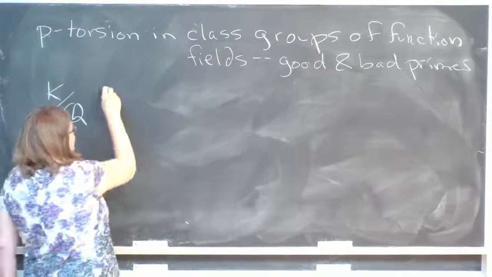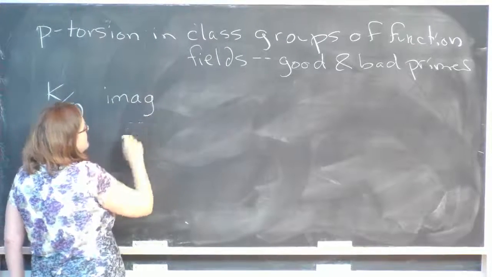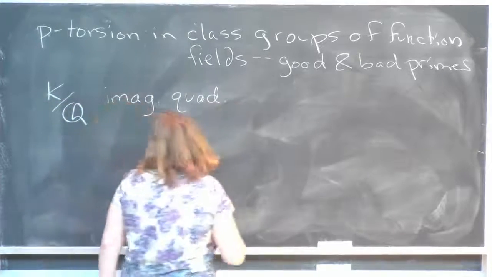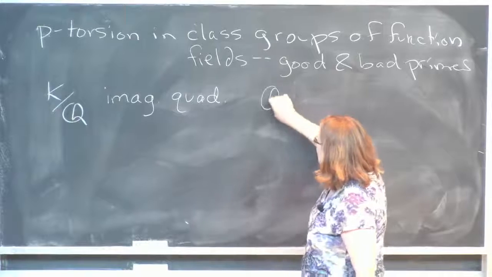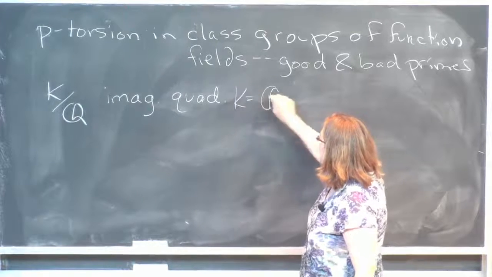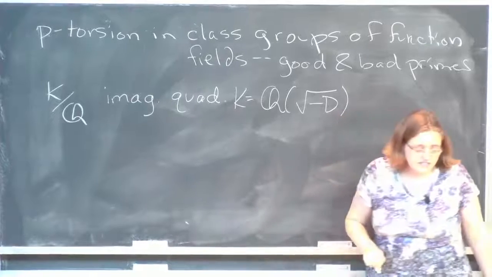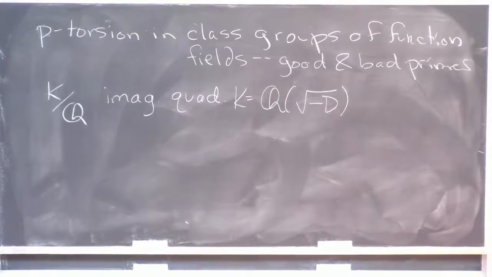imaginary quadratic fields, so degree 2 extensions of the rational numbers. So these are all K equals Q adjoin the square root of minus d for some positive square-free integer d. So each of these quadratic fields